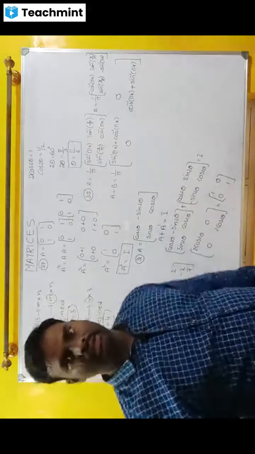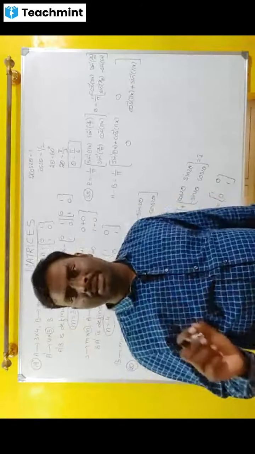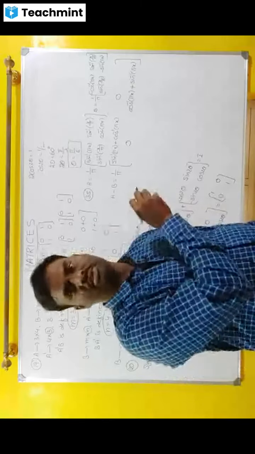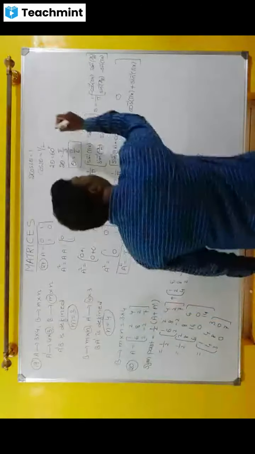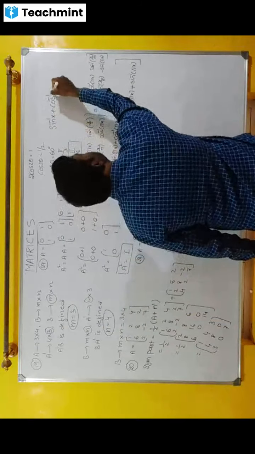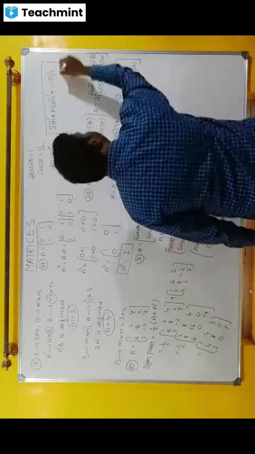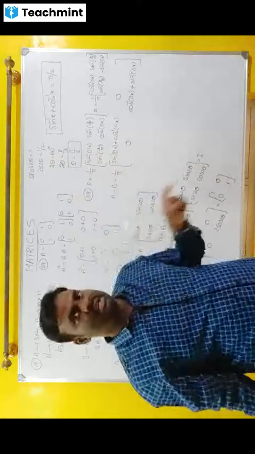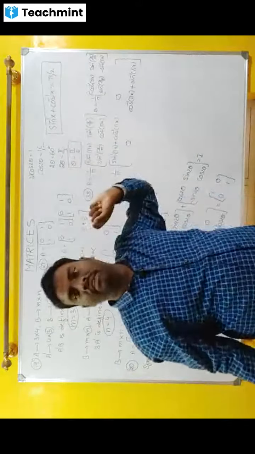But in second PUC we have one chapter, inverse trigonometry. In this chapter we have one formula that we need to use. That chapter is not completed, that's why I am writing the formula. Listen. Sin inverse x plus cos inverse x, this value will be equal to pi by 2. This is a very important formula in inverse trigonometry. Listen, sin inverse x plus cos inverse x, that value is pi by 2.